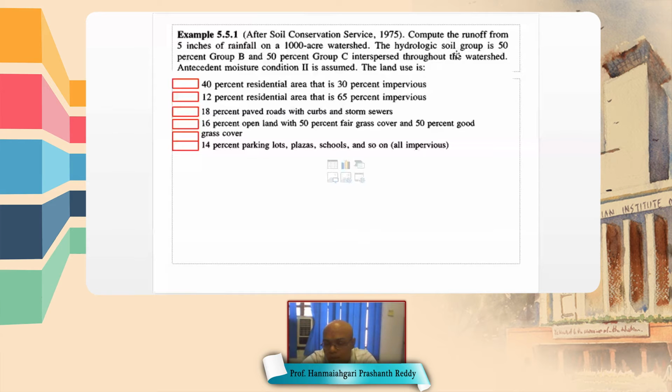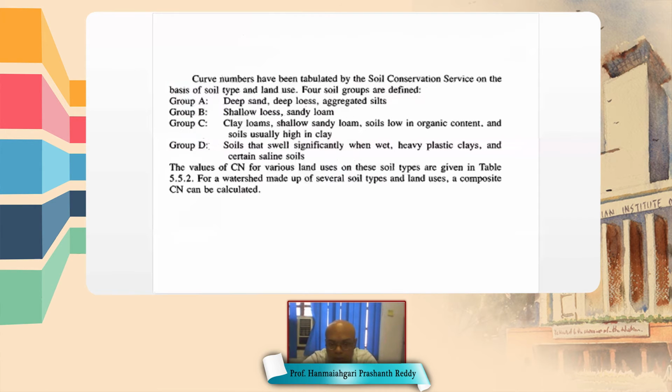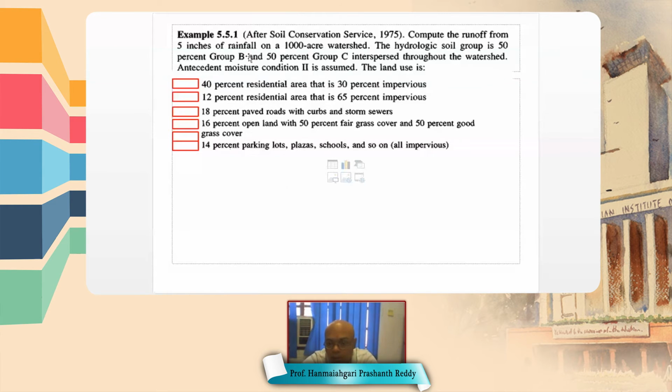The hydrological soil group is 50% group B and 50% group C. So already we discussed what group A and group B are. Group A is sand, group B is loam, sandy loam. Group C is clay, and group D is clay with fully wet. So from this question, the soil is 50% group B and 50% group C, and the antecedent moisture condition is 2,